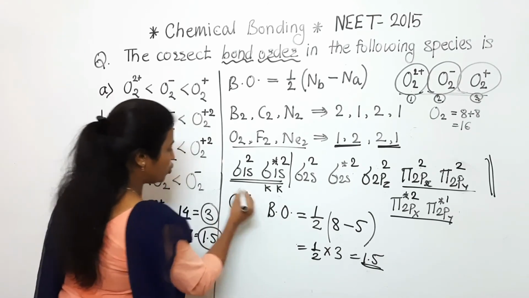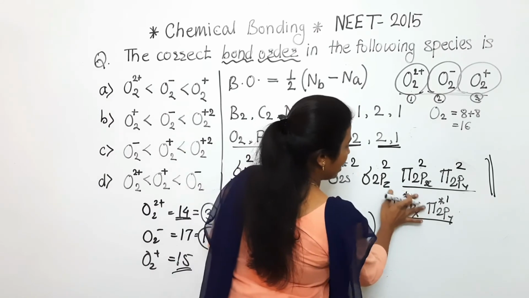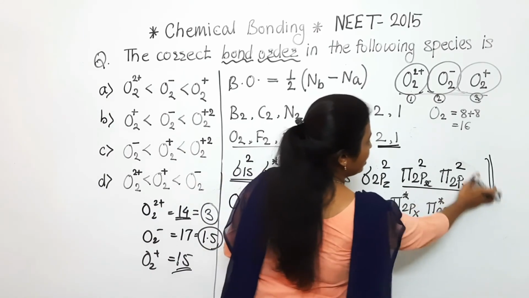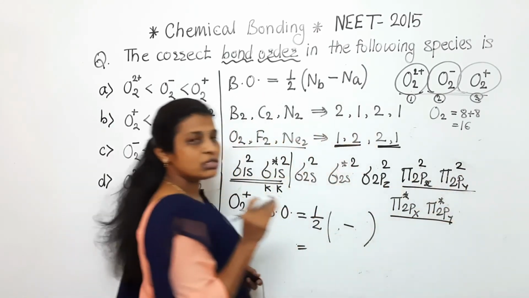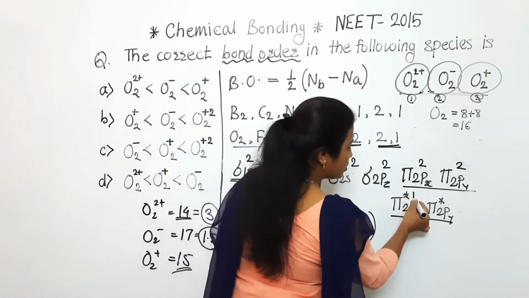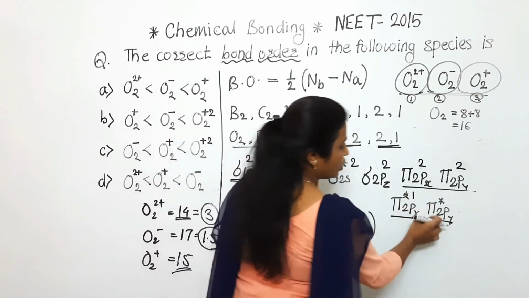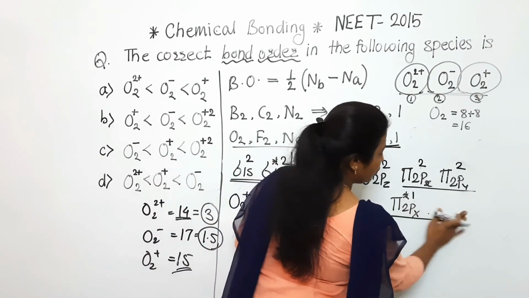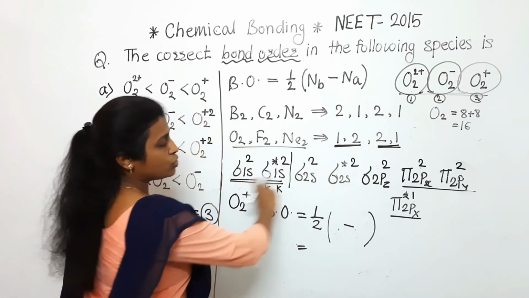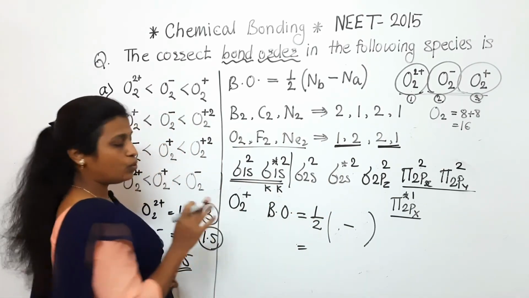So here we have completed the second ion also. Now only O2 plus remains. The number of electrons is 15. So here again I am removing that one also. Why? Because here the number of electrons, 14, is completed. Only 1 electron we have to add, and firstly we are adding it into this pi star 2px. So if the electron is not here, then we are removing this one also. So this is the correct electronic configuration of O2 plus.